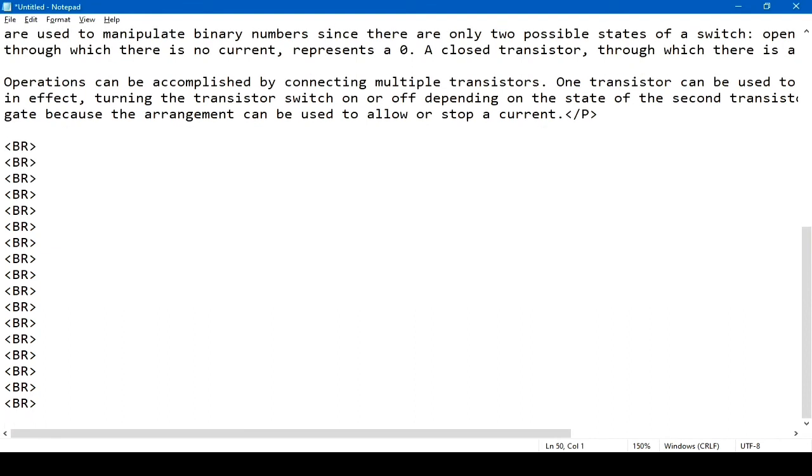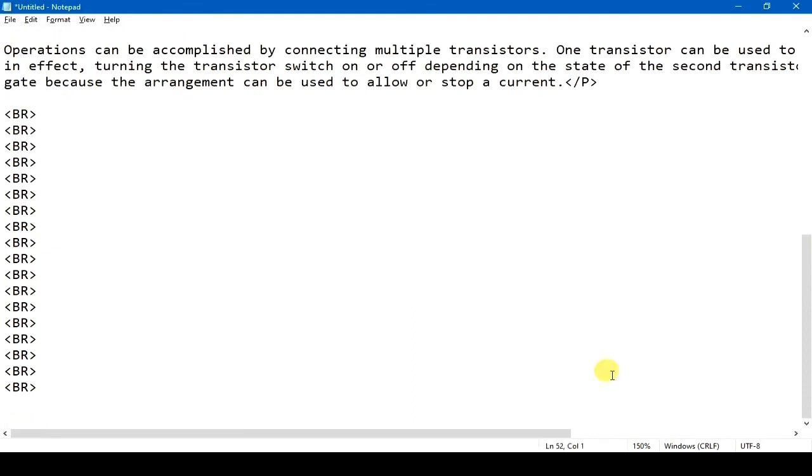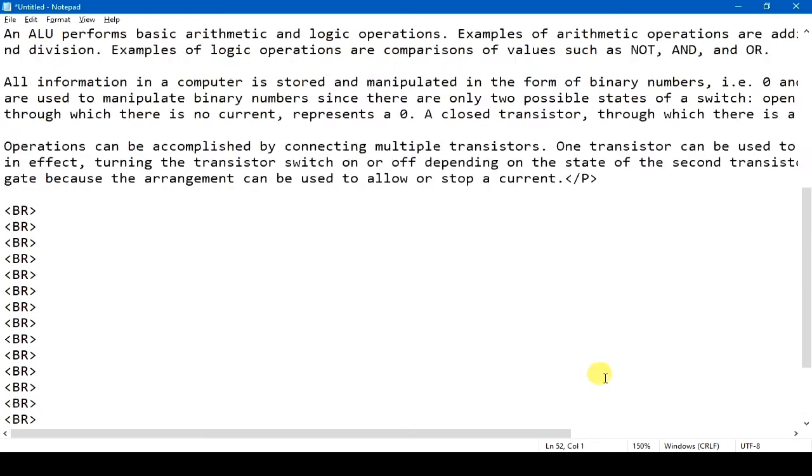And now define another target fragment for CU, control unit. And now define the highlighted text and close the anchor tag. And now write the paragraph of the second subsection.